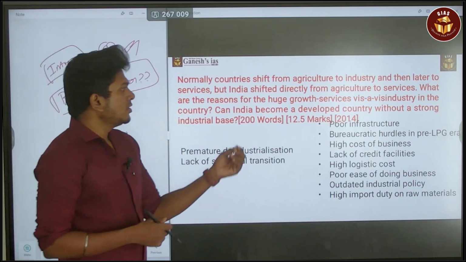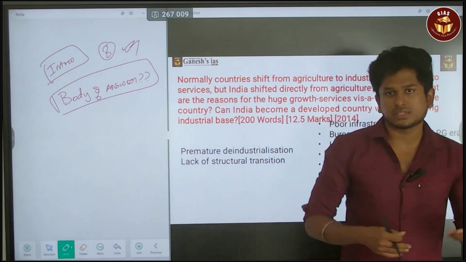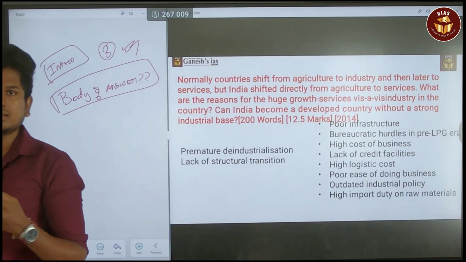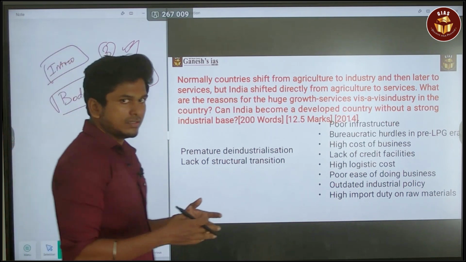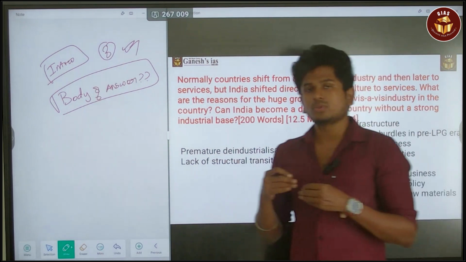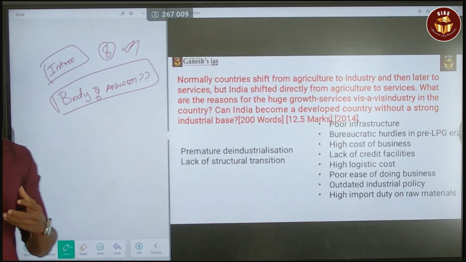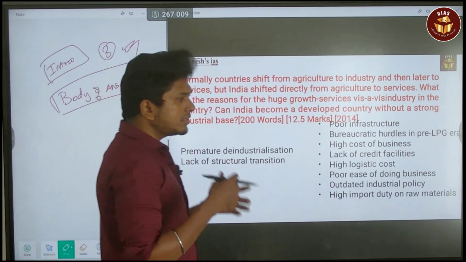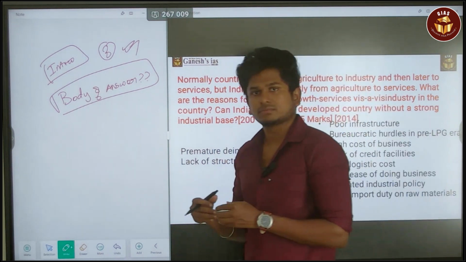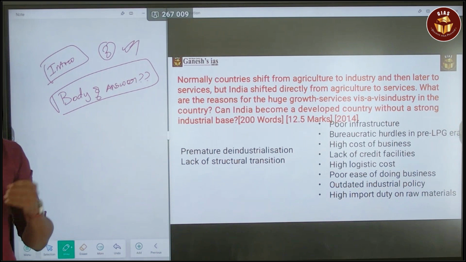So the first reason for deindustrialization is poor infrastructure. Even though India has huge road density, now we are speaking about inland waterways and we are speaking about the UDAN scheme that led to air transport. So all these things we are doing. Still India is in a poor infrastructural stage when compared to most developing and developed countries. So that led to the